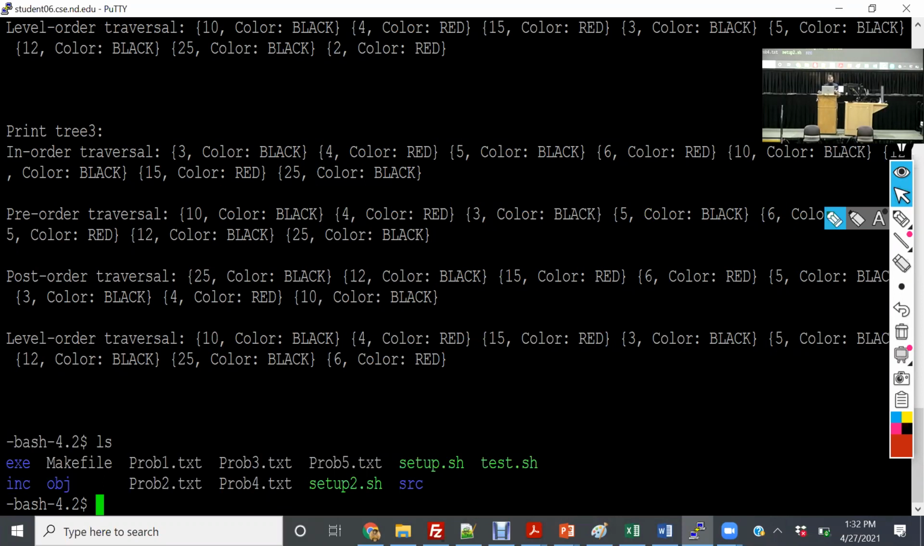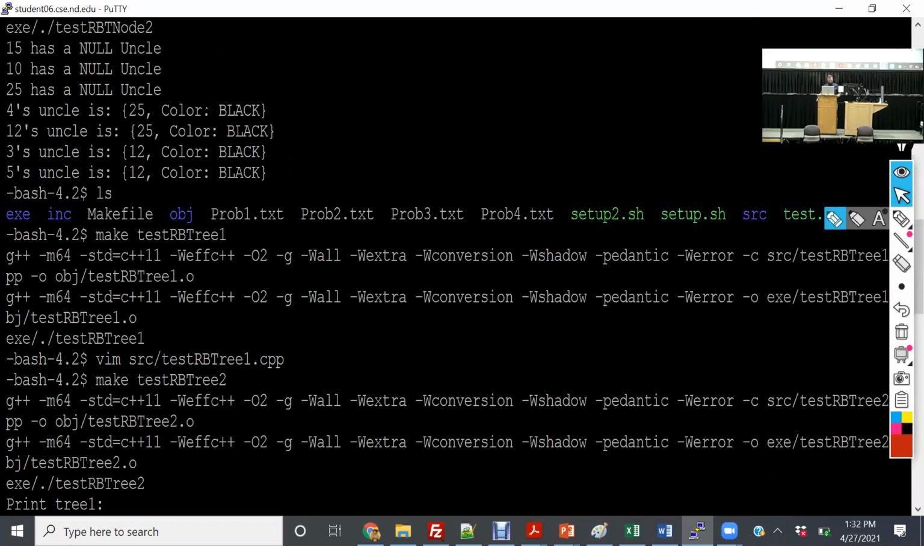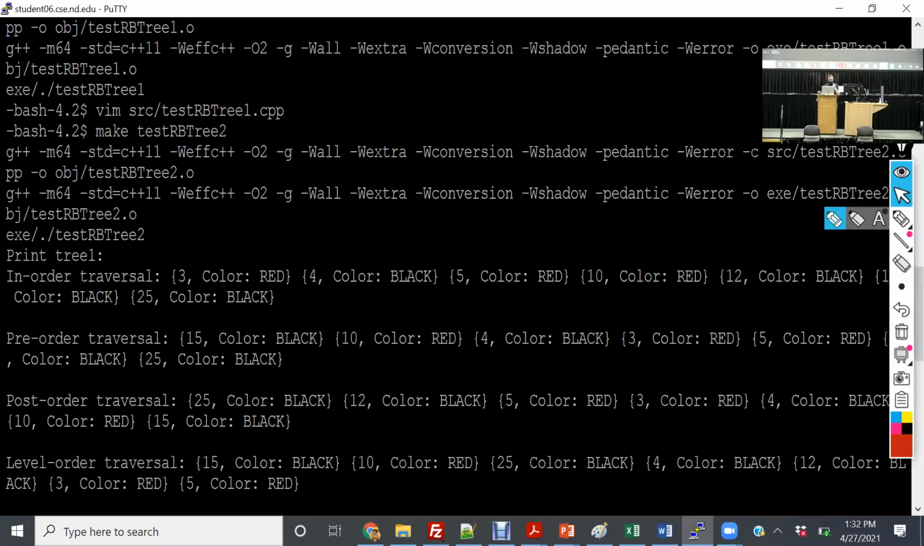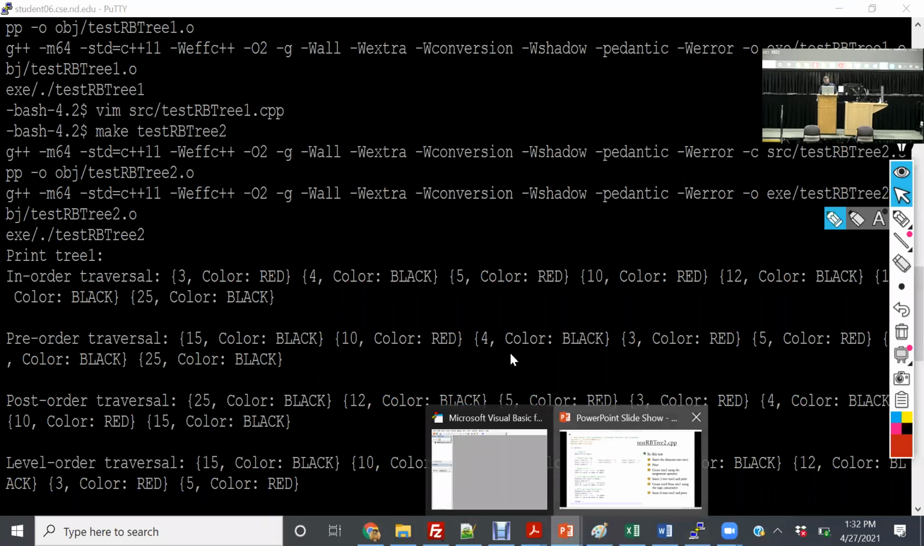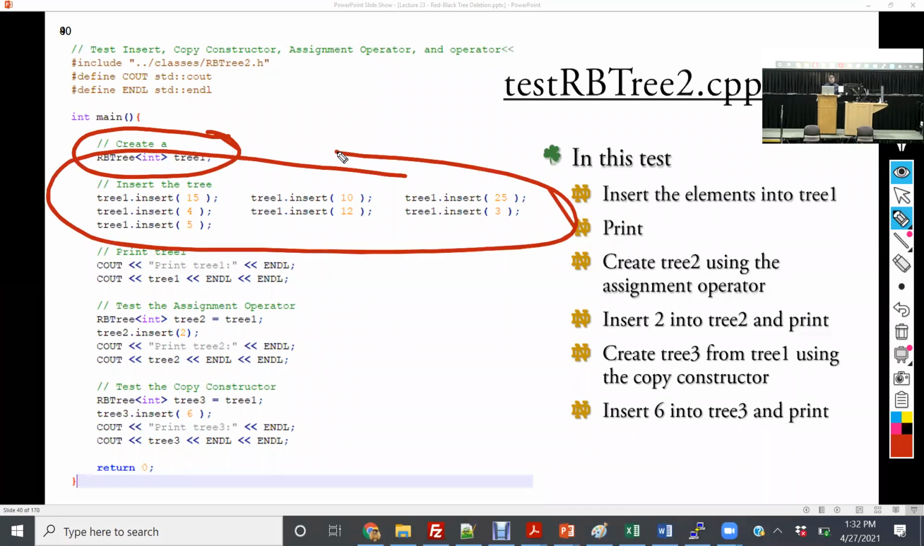The next thing I want to show you is the slide that justifies all of these outputs. So I have created tree1 through tree3. So what I did in test RBTree2, I'll show you here, is I created a tree, and then I inserted elements. Then I printed it, and in that print, we used that. I basically took that exact code that we use for pre-order, in-order, level order, and post-order traversals, and it prints it all out. And then what I did is I used the assignment operator, tree2 is equal to tree1, and